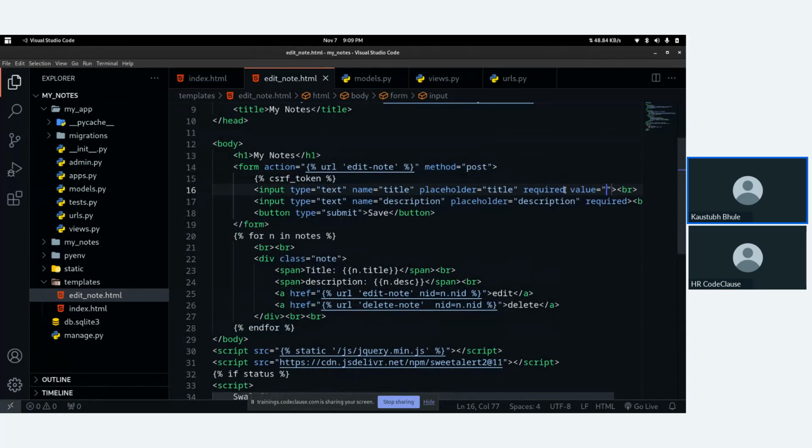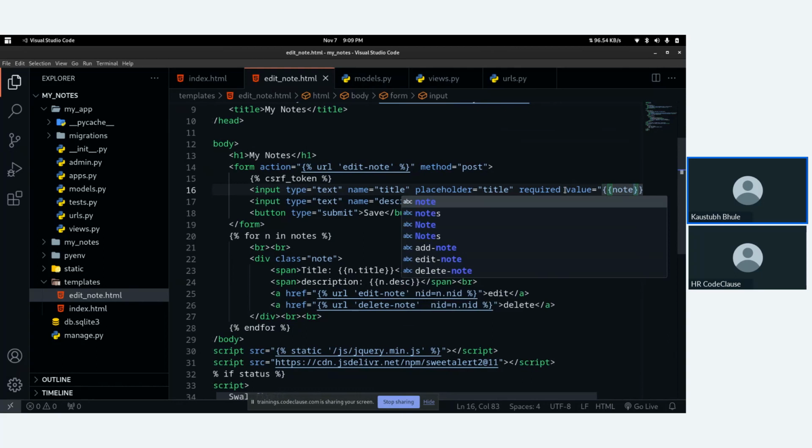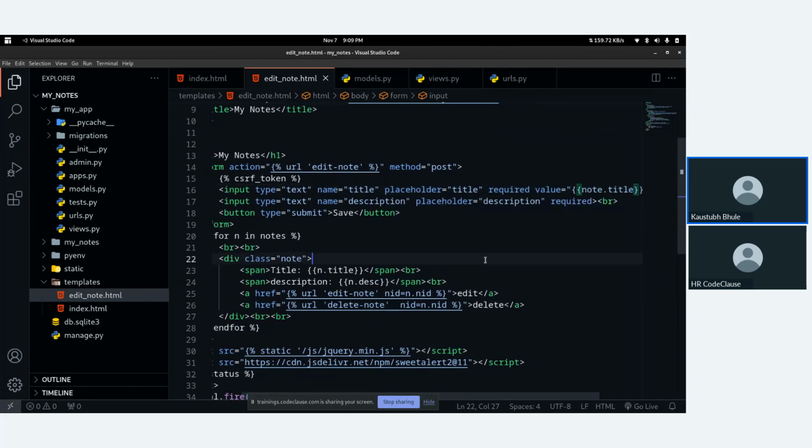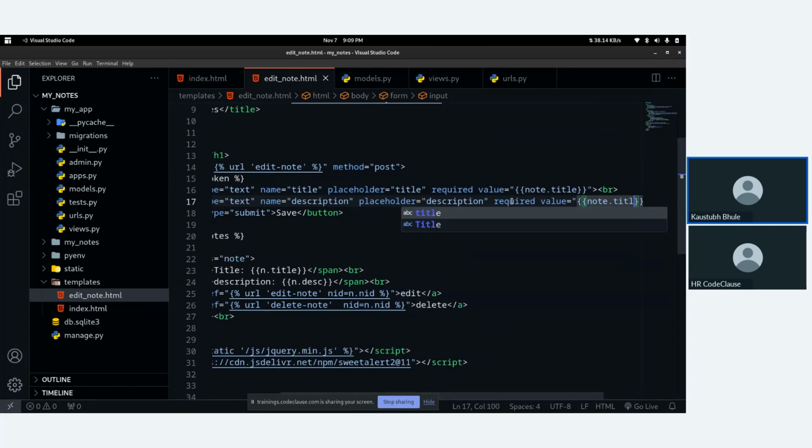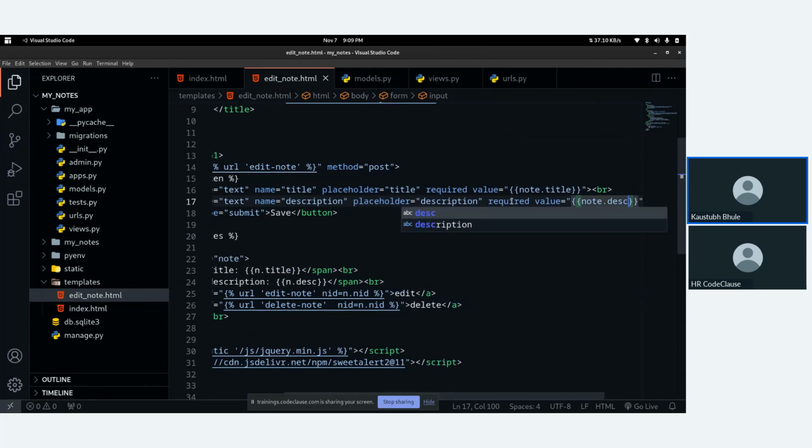Now we can specify value around double curly braces: note dot title. Then here again value double curly braces: note dot description.